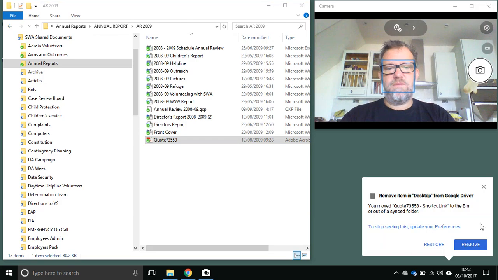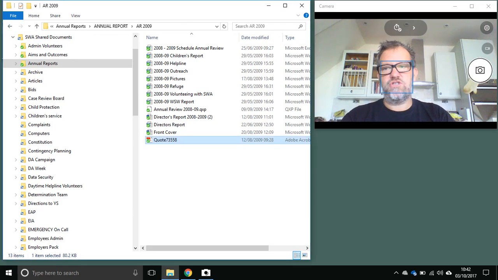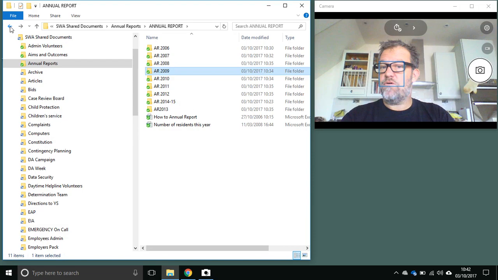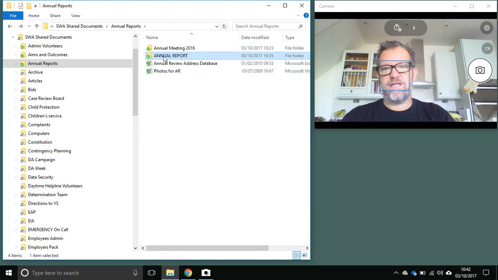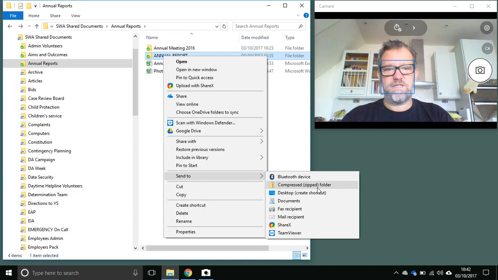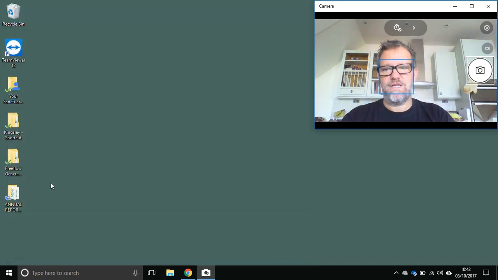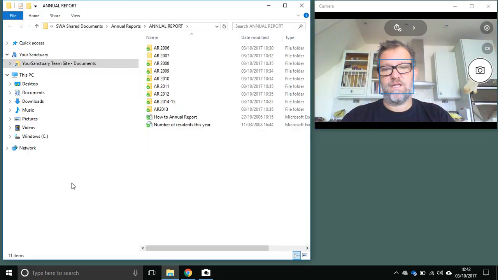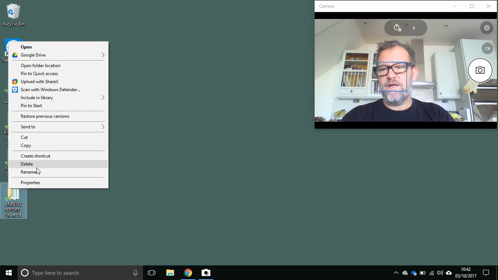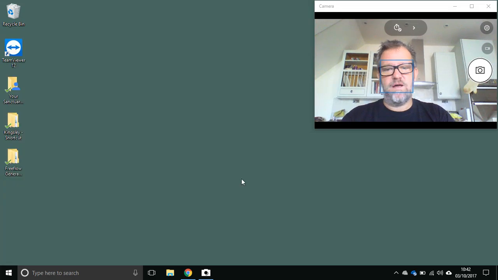You may wish to create a shortcut to a folder. Exactly the same thing. So this annual report is important to me. I want to send that to the desktop and create a shortcut. If I now close this File Explorer session down, there's my shortcut to that folder. If I double click that, there's the folder, it opens up. So it's really simple to recreate those shortcuts on your desktop. Again, if I delete that shortcut, I'm not deleting the data, it still exists, I've just deleted the shortcut. I hope that makes sense.